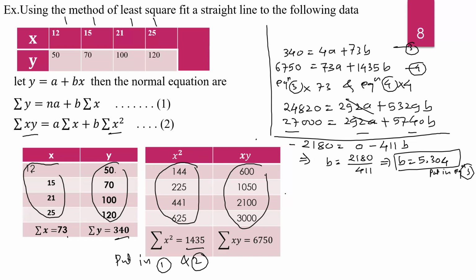Then equation 3 is 340 is equal to 4a plus 73 into 5.304. So 340 is equal to 4a, and now multiply this. The simplification is